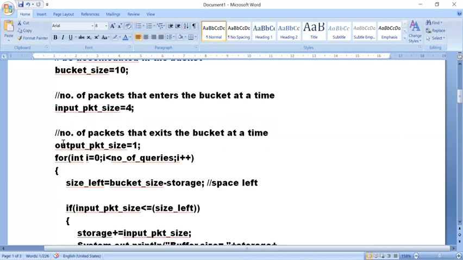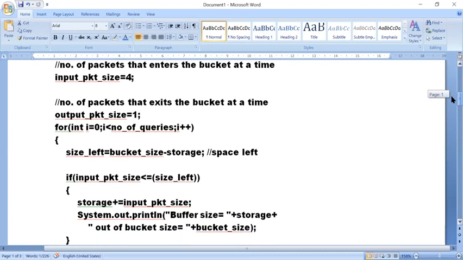When the packets enter the bucket, a huge number of packets will enter because the front end will be open. But on the downside, the flow will be regulated. That's the reason I made the output packet size a small number, so that the flow goes out in a very regulated way. That's the reason I have given the output packet size as 1.